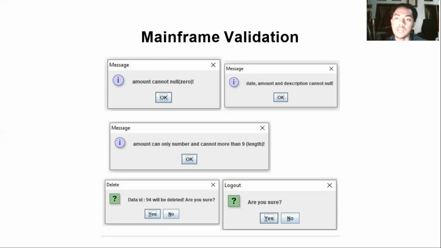It means that only integer values are allowed in the text box and cannot be more than 9 characters. Data ID will be deleted. It means that we delete the ID that we selected from the table. And the next is the logout validation.